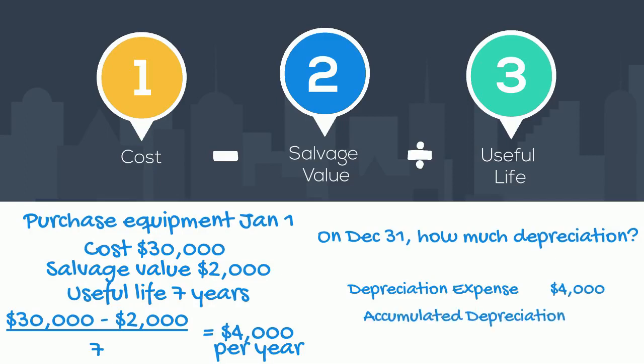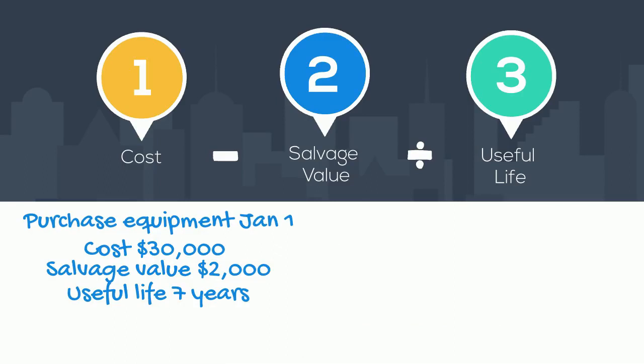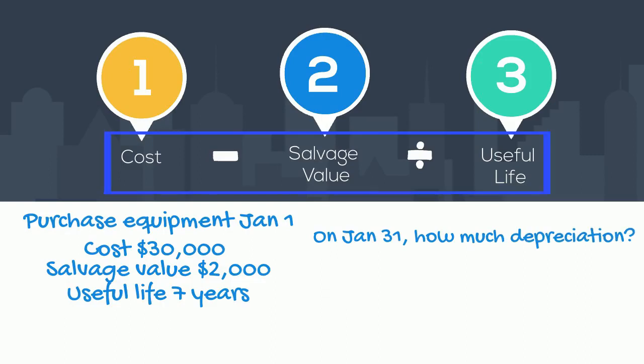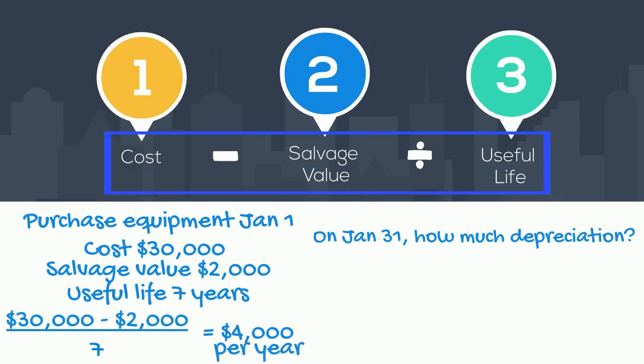for $4,000. Let's assume the same information, except we issue financial statements monthly instead of annually. We need to make our depreciation entry at the end of each month. How much depreciation would be recorded at the end of January? We already know, based on our straight-line formula, that annual depreciation is $4,000. This is for 12 months. To make this into a monthly depreciation, we just divide it by 12. So, we would record approximately